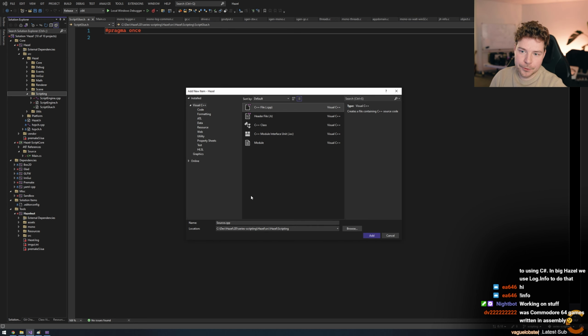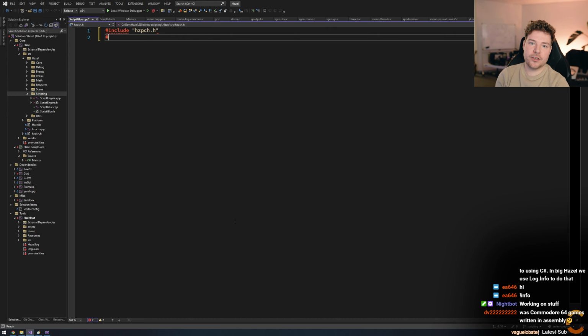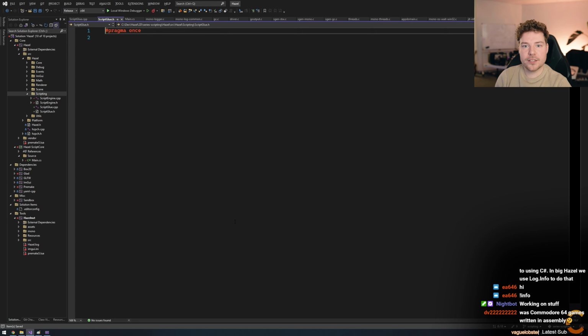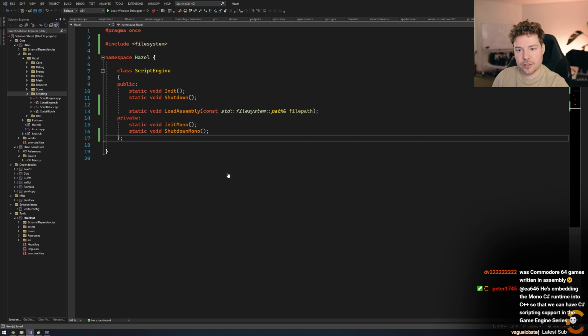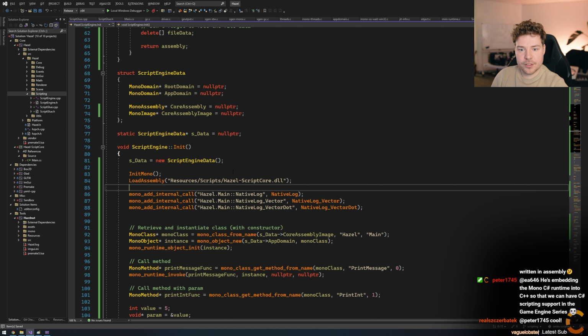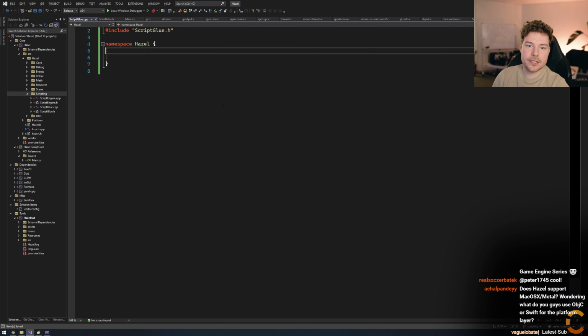And this is kind of like the glue that joins C# and C++. So basically what this is going to be is a whole bunch of types that get registered into Mono. So script engine, obviously all of these mono add internal calls and all of these native log and all of this stuff, they're going to exist within script glue, right?